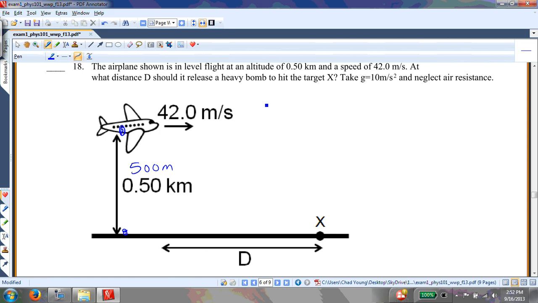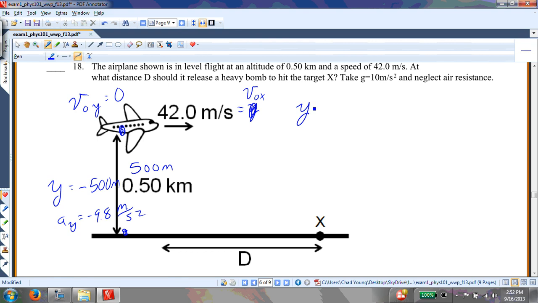So I know that's V naught X, 42. I know that V naught Y equals 0, and my Y final is negative 500 meters. My acceleration in the negative Y direction is negative 9.8 meters per second squared. So I can say then that Y equals V naught Y T plus 1/2 A Y T squared. So that's negative 500